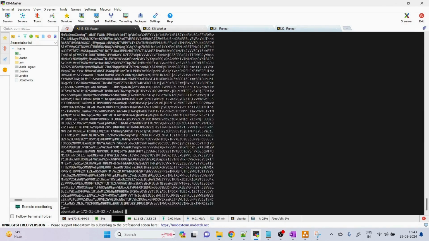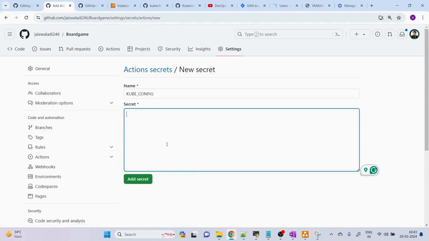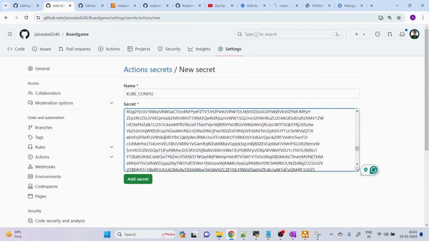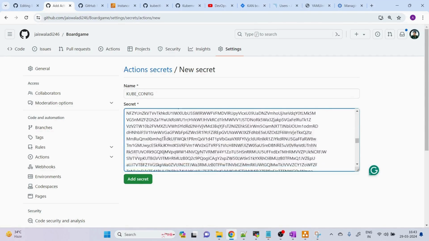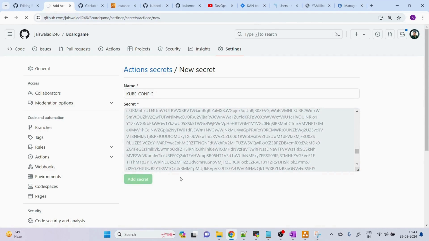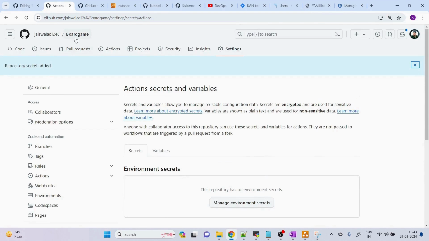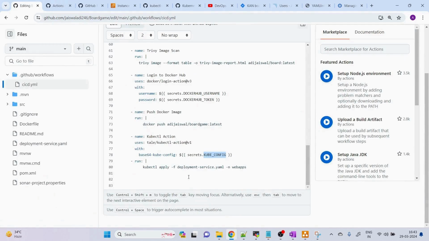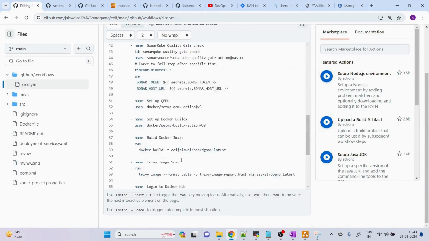inside GitHub Actions. Here you can see now nobody can use it, right, except us. Okay, so this is done and this is also done. One more thing that we need to do,